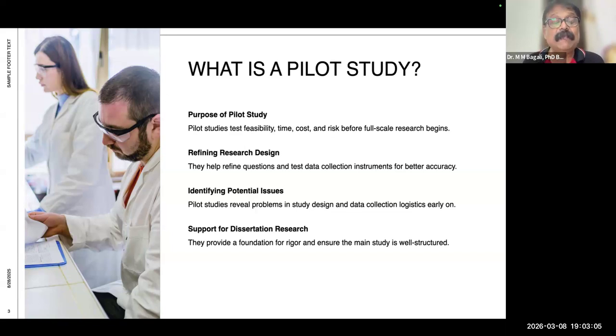One is thematic analysis. Once you are having an interaction with your respondents, with your sample, what are the themes that are coming out from their responses, from their replies? We call this thematic analysis. The second one is content analysis.